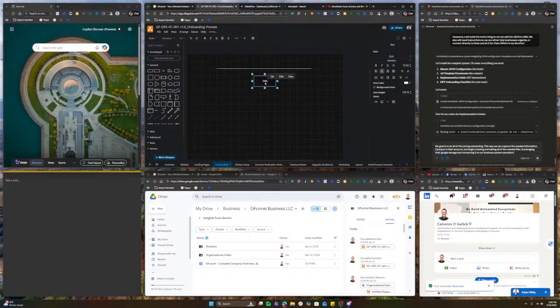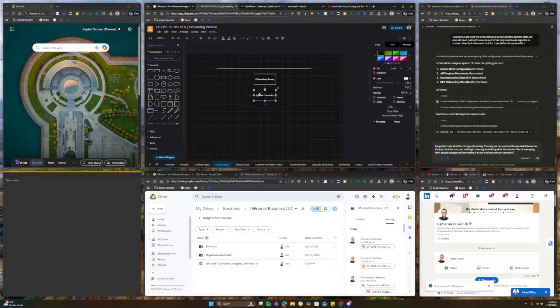Once the onboarding survey is done, we'll have a system connector. The survey gathers the needed information, and the system connector interconnects everything.